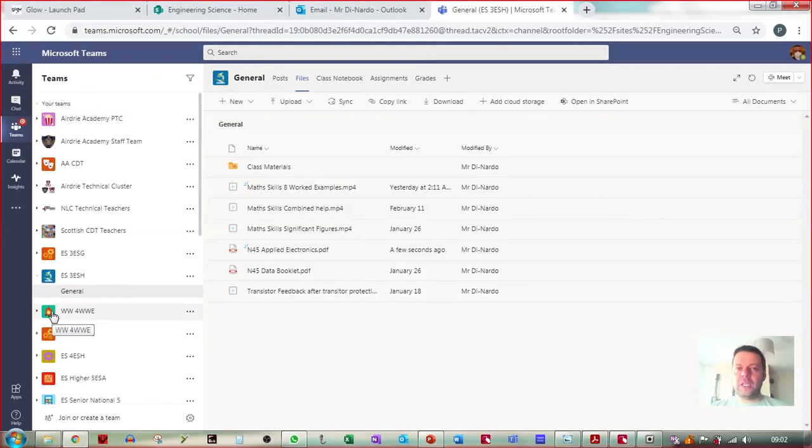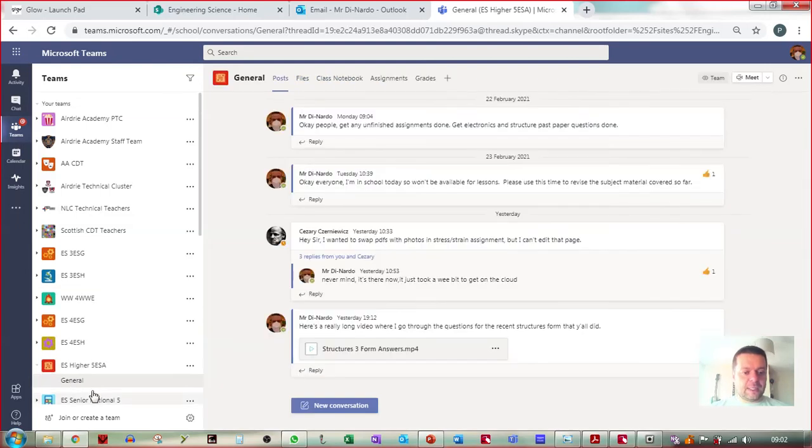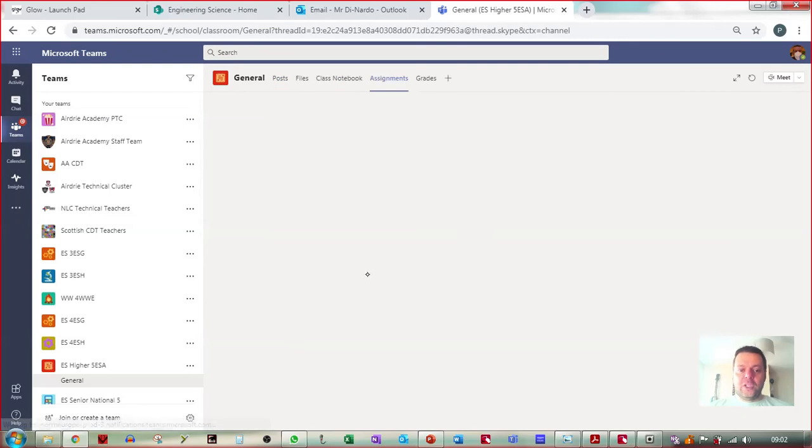OneNote page. So basically, normally people have been doing work, they've been uploading pictures of their work. And you were still doing it in an assignment. I'm going to show you what happens with the higher, right? Because this is what I do with the higher, and it's really handy for me to mark it properly. So in the assignments at higher, what I've been doing is,